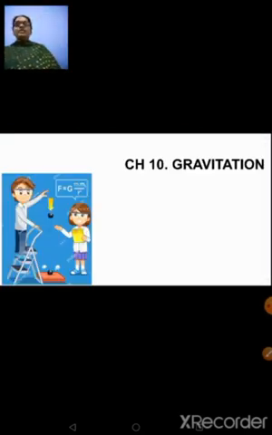Right, so we are all doing chapter number 10. What is that? Gravitation. So we have done the chapter, teaching session is over. Now we are solving the numericals given under the exercise part at the end of your lesson. So today also I have taken up one sum and one question which sounds a little tricky. Okay, so let's begin the session now.